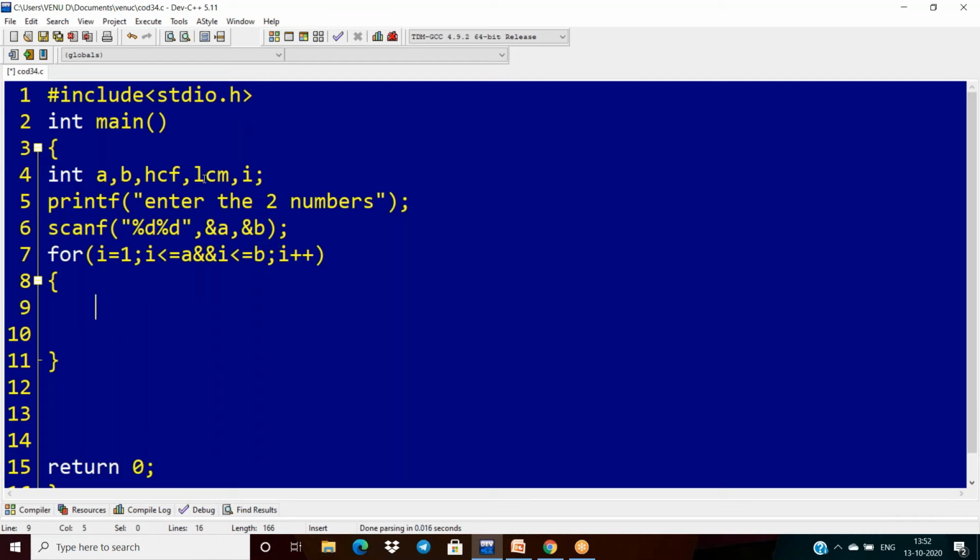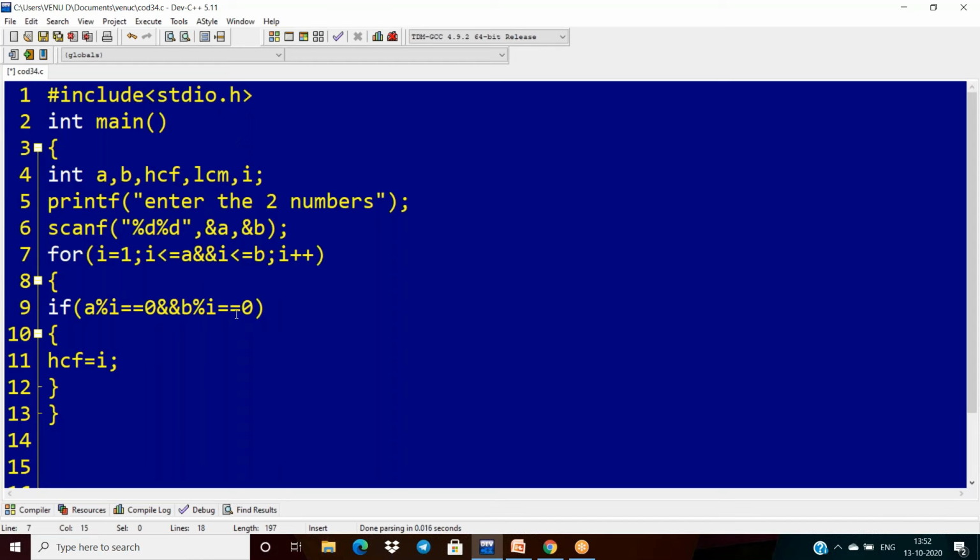After this, if A percent i is equal to 0 and B percent i is equal to 0, if both are divisible by the same factor, that is a common factor. Now I have to store it into HCF. That's all. Already we are incrementing the i value. Every time i is incremented, so that is the highest. That is why here I don't need to find any common factor separately. The HCF value is overwritten with the largest value. So just take this only.